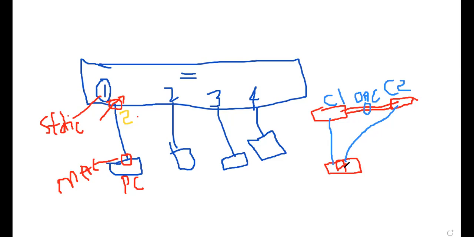So this is my access switch. Now I'm going to make port bundling, which we learned before, or port channel. Let's say I have a system connected to this access switch. I may even have two access switches, again stacked.